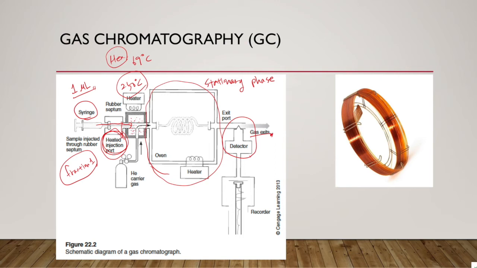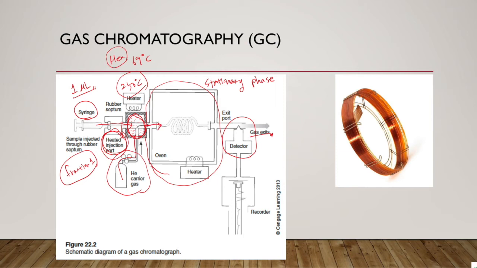And right after that, we have a gas called carrier gas. Normally in this GC instrument, helium is used as the carrier gas. So this helium gas is going to carry these vaporized hexane, the fraction 1 components, into